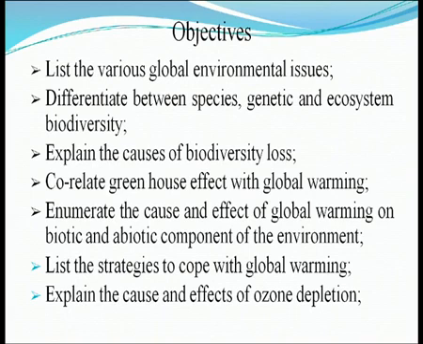After completing this lesson, you will be able to understand the following objectives. 1. List the various global environmental issues, differentiate between species, genetic and ecosystem diversities, explain the cause of biodiversity loss, correlate greenhouse effect with global warming, and enumerate the causes and effects of global warming on the biotic and abiotic components, list the strategies to cope up with global warming, explain the cause and effect of ozone depletion, explain desertification